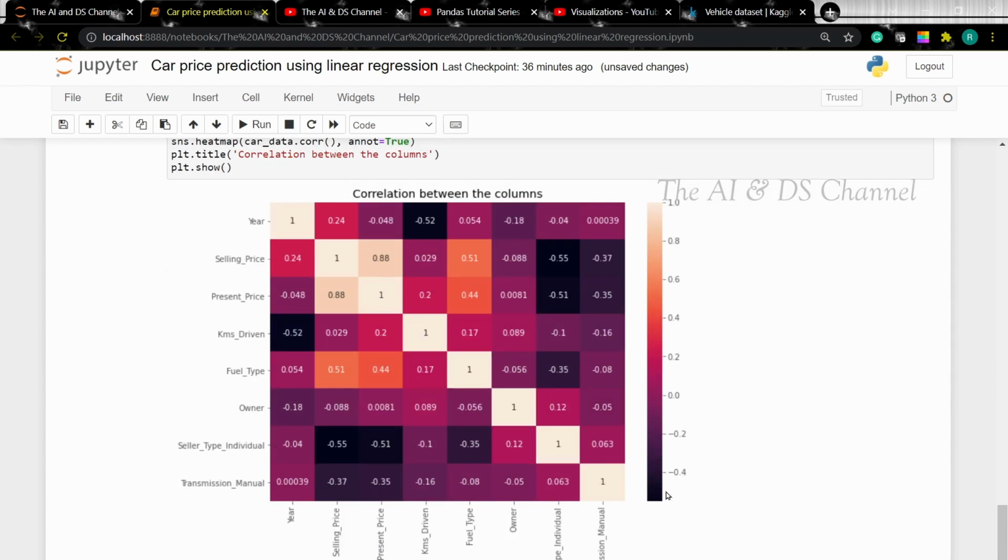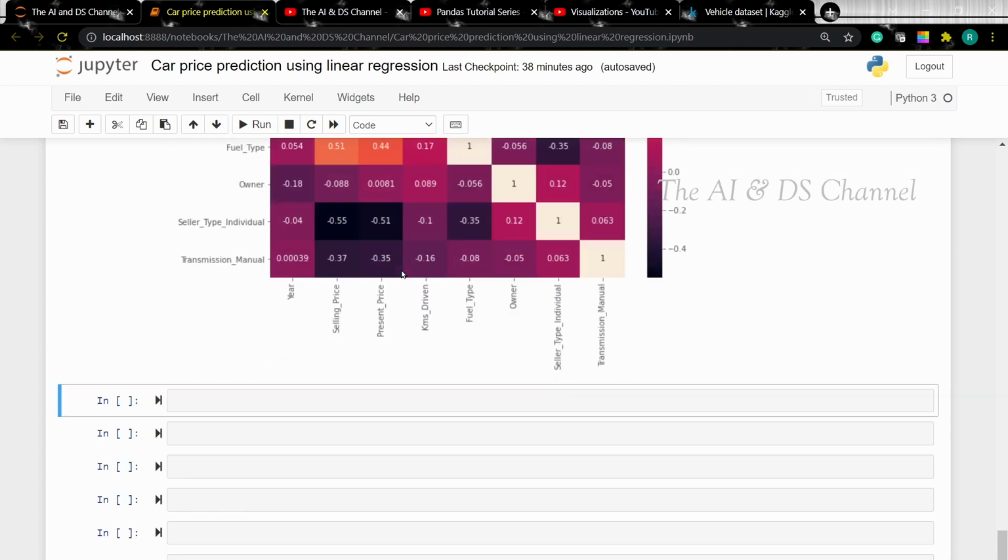Alright, if we look at the scale over here, we can see that the lighter values indicate a high value of correlation and the darker values indicate a low value of correlation. So looking at the selling price, we can see that selling price is highly correlated with present price and is least correlated with seller type individual. Now if there are a lot of columns in our data, we usually drop the columns which have the least correlation and we choose the ones which have a high correlation. But in this case, since we have only a small number of columns, I'm not going to drop any of these columns. To see the correlation better, I'm plotting a regression plot between the present price and the selling price.